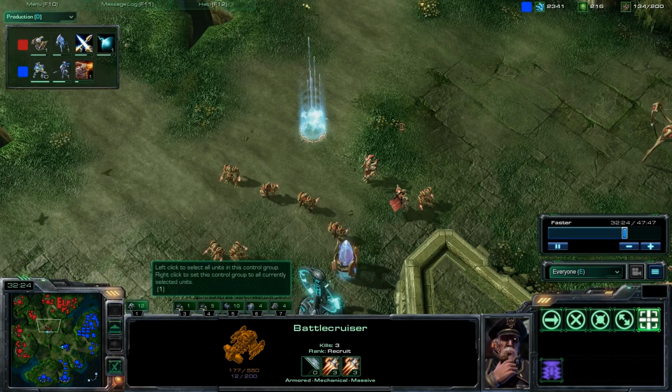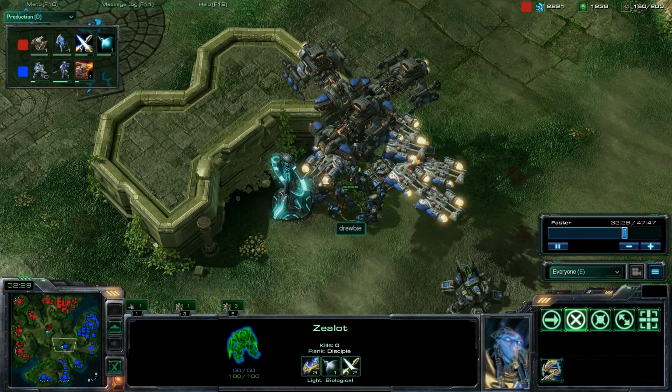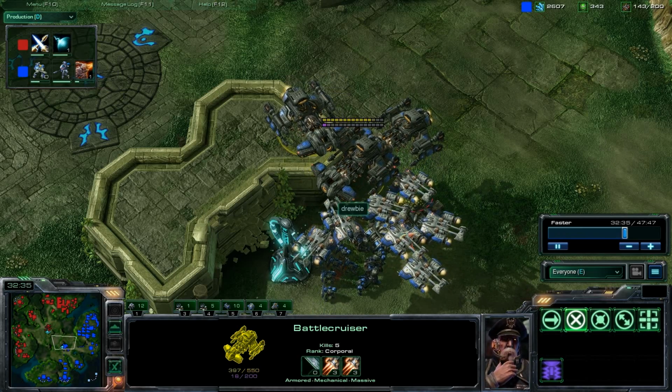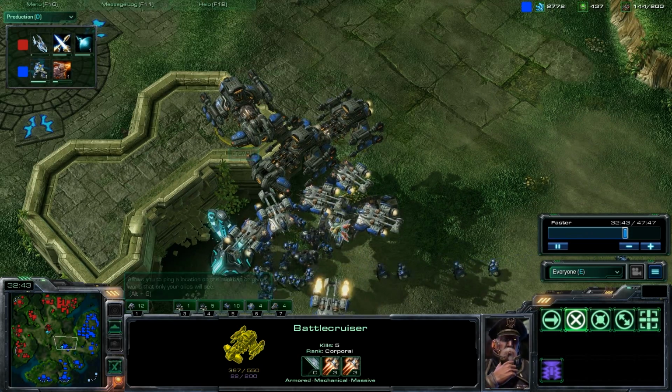Minigun's going to be warping in more and more units. Zealots don't really understand this. Perhaps should be going for Stalkers to take down the battlecruisers. Do not want to allow him to get to a critical mass of battlecruisers here. Once he gets out 5 to 7, it's going to be very difficult to take down with the few